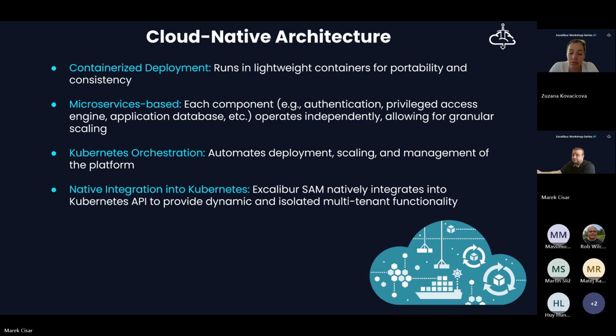So yeah, this approach means faster deployment, almost no compatibility issues, and also efficient resource usage, because Excalibur SAM does not need a dedicated Kubernetes or OpenShift cluster. All the Excalibur SAM needs is just a dedicated namespace within, for example, an existing cluster, and that's it. Excalibur SAM does not need anything more.